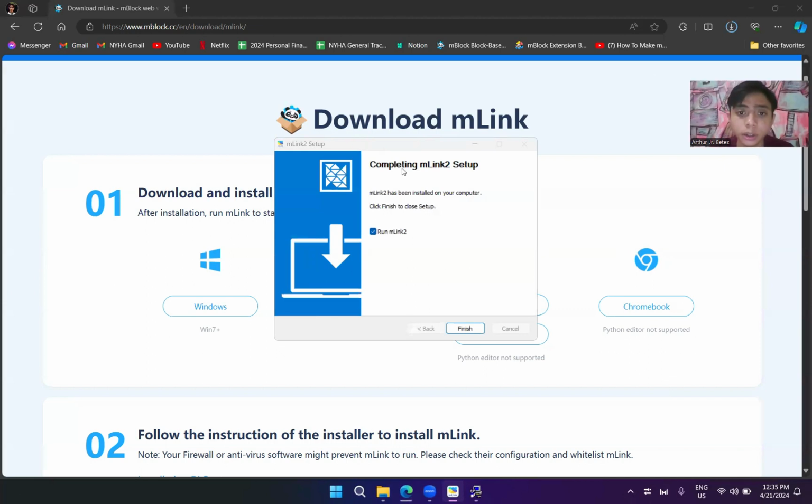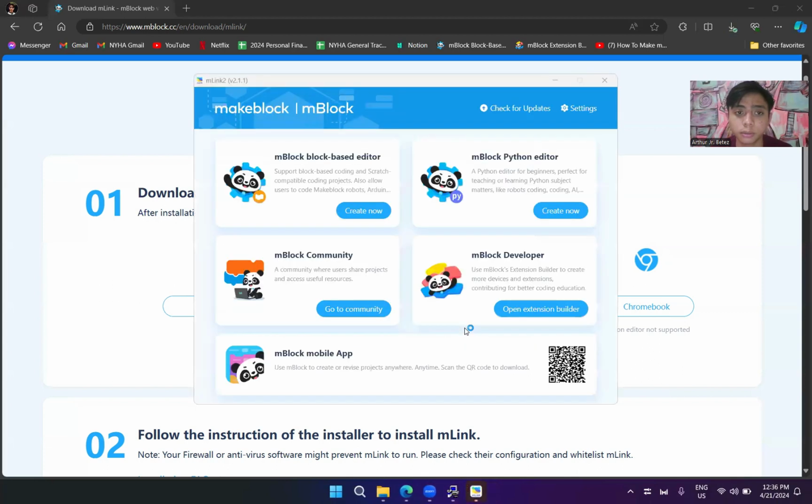As you can see here, we are now done installing the software called MLink 2. Now we can run this. Just click finish, and we now have our MLink 2.